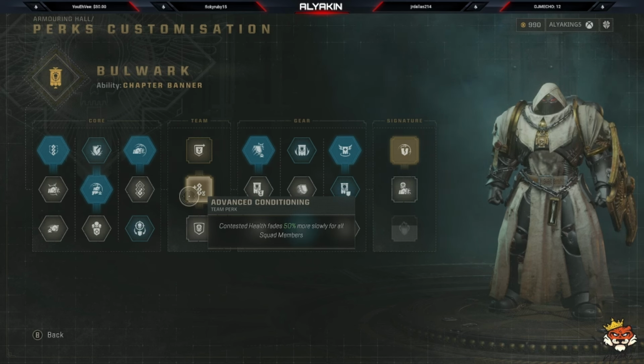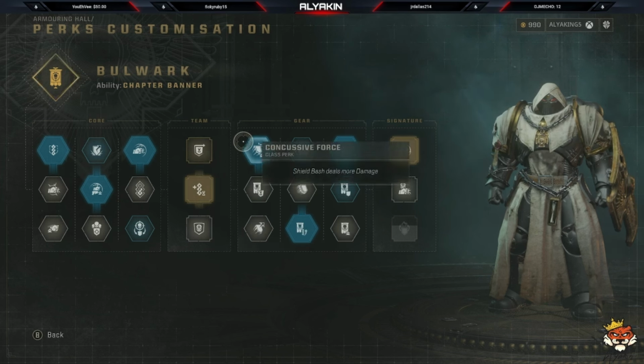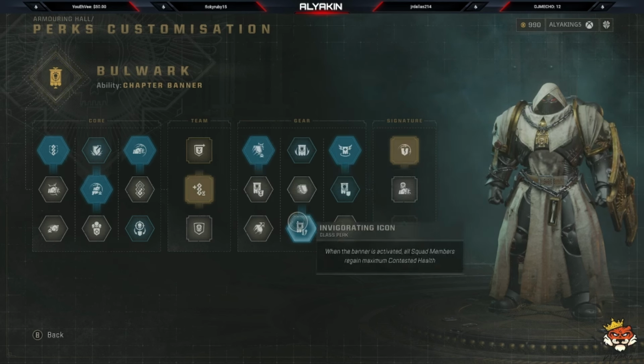the actual healing. Now, in the gear, definitely want to take Concussive Force, so your shield bashes do more damage. Second column, you want to take Invigorating Icon. When the banner is activated, all squad members should gain maximum contested health. Huge